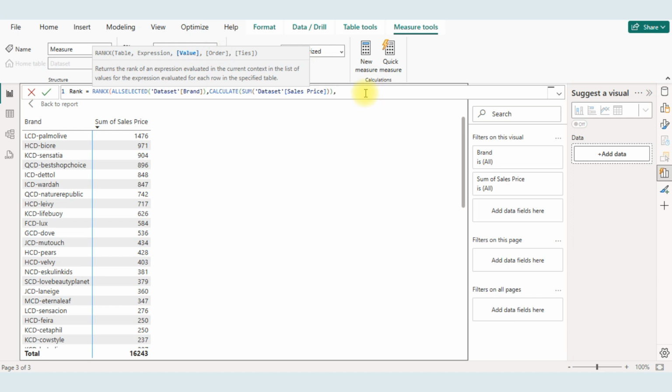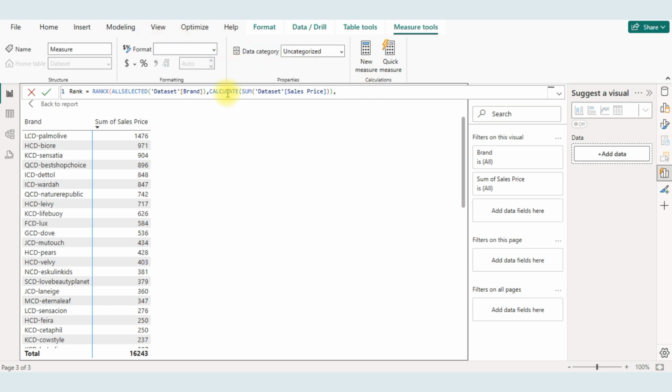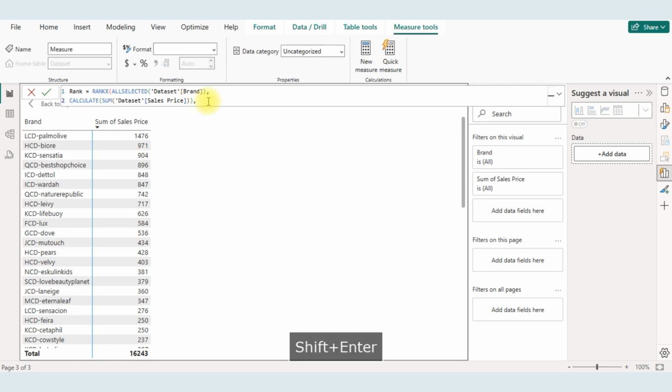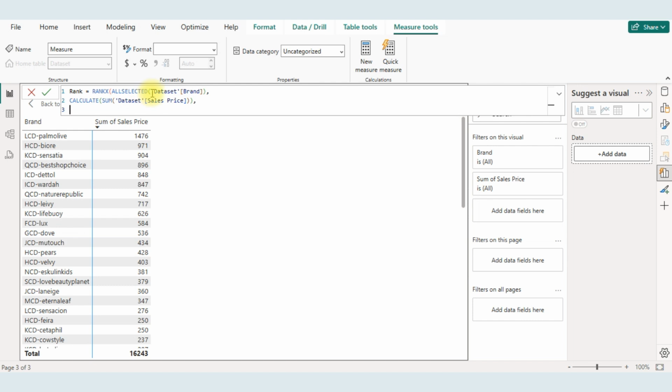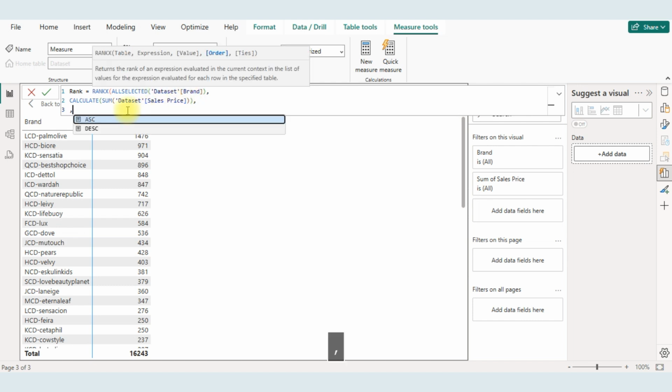Just a moment, let me see this one. I find this formula a bit confusing since it's in a single line. As I said earlier, let's break it. Let's break it before we proceed further. Let's break it using Shift+Enter. That is second. Okay, now next thing is CALCULATE SUM, and then this also Shift+Enter. So you have different lines for different categories. Now this one, value, we don't have a value as such, so let's keep a comma,